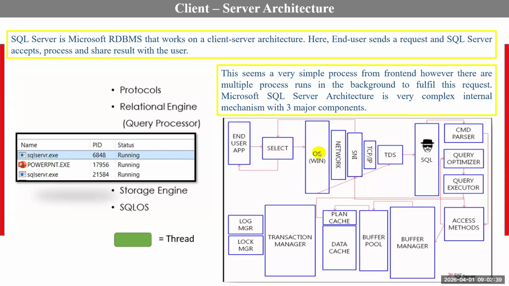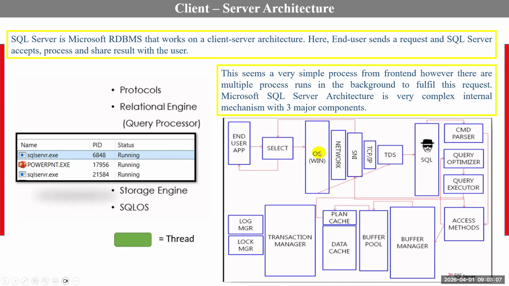How it is processing, that is what we will discuss in a while. In the storage engine, your data is stored temporarily. So what about the storage engine? What about the relational engine? How is the data processed? How are we getting the data? That is today's main focus, these three parameters. SQL OS I will talk about separately.